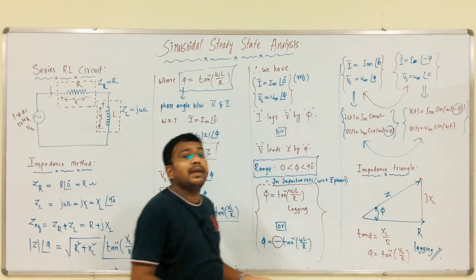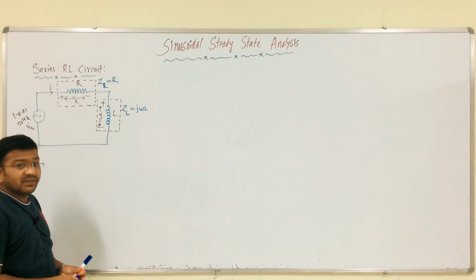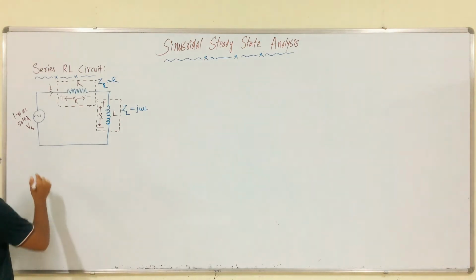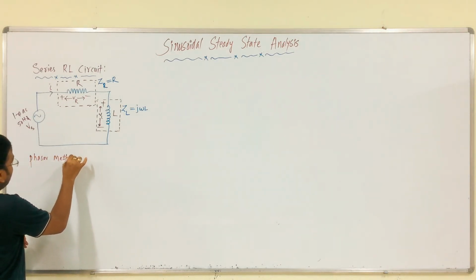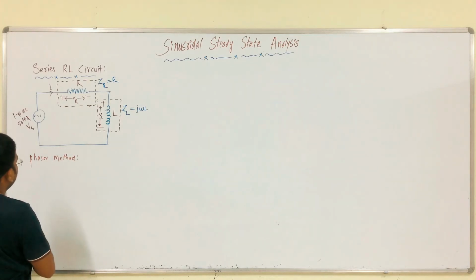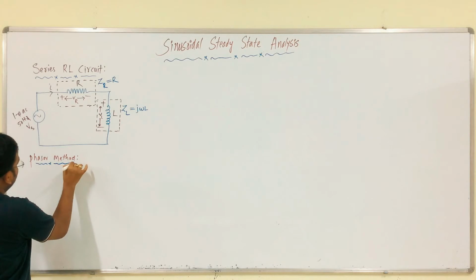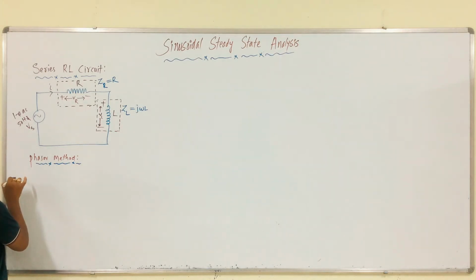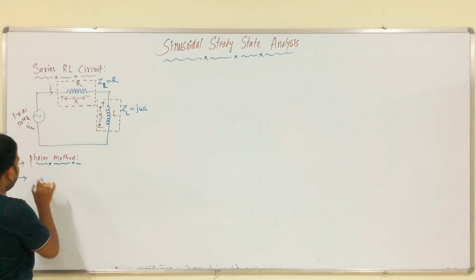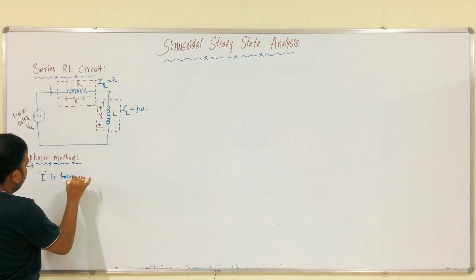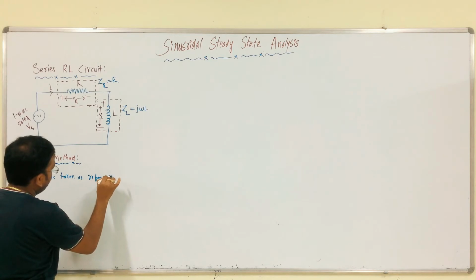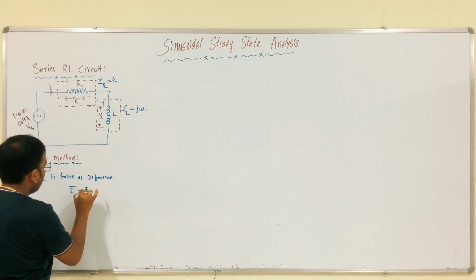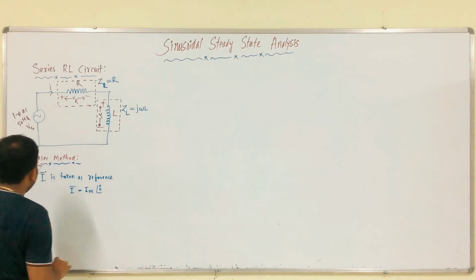This is the first method, that is the impedance method. Next we will do the analysis with respect to the phasor method. So what is the first point here? Current is taken as reference, right? In the phasor method, current is taken as reference, that is Im at an angle 0, right? Like that,